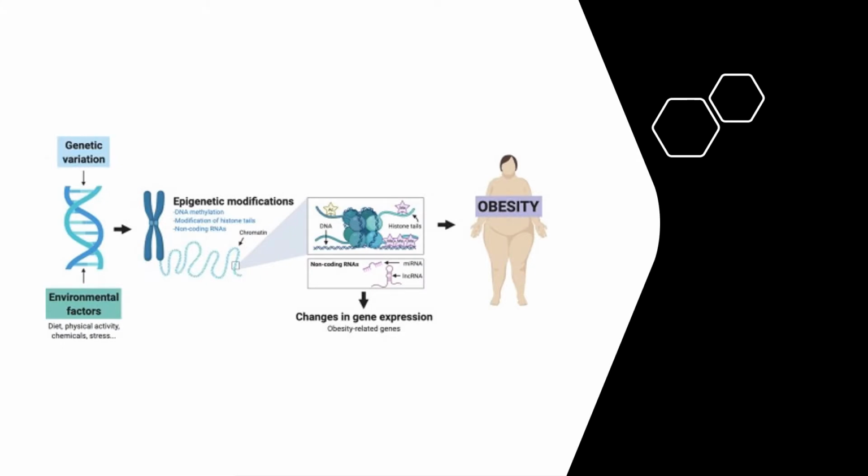All right, so this is just an overall visualization of what I've been talking about so far. So here on the left, we have some environmental factors that researchers may want to study that could lead to epigenetic changes. We got diet, physical activity, chemical stress. We have the actual mechanisms of epigenetics here, DNA methylation, modification of histone tails, and then we of course have the result of this, which is changes in gene expression, and of course the changes in gene expression could lead to all sorts of diseases such as diabetes, cancer, etc.